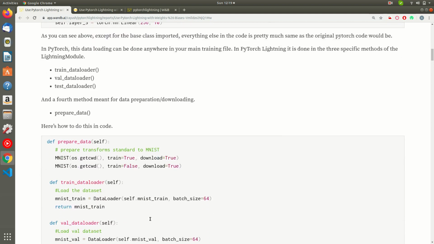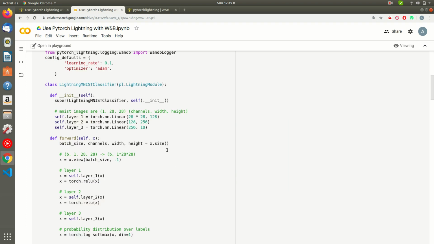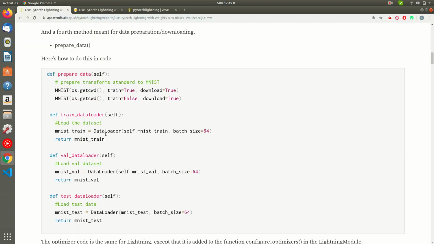So now let's see how to do that in code. I have just written minimal code over here. If you want to get the exact code, you just have to follow along in this Colab repository. So this is the entire code, but I'll just tell you the essence of what's going on here.